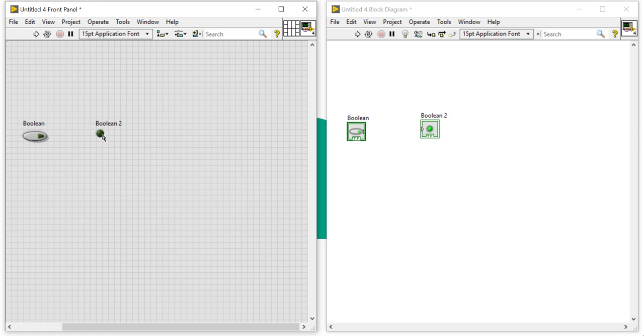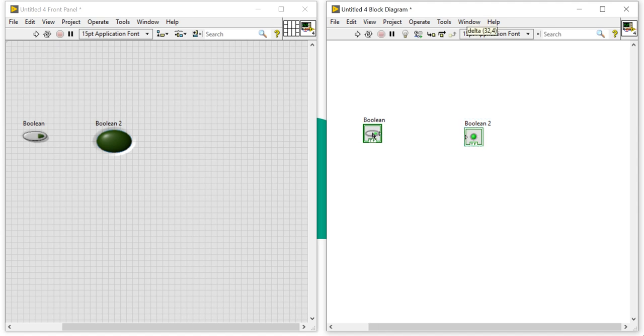So two Booleans I have taken here. Here I am going to connect. So it is a Boolean control terminal, it is a Boolean indicator terminal. I am going to make a connection. Again it is an operating tool. We need a connecting tool. So to make a connection, we need this one.